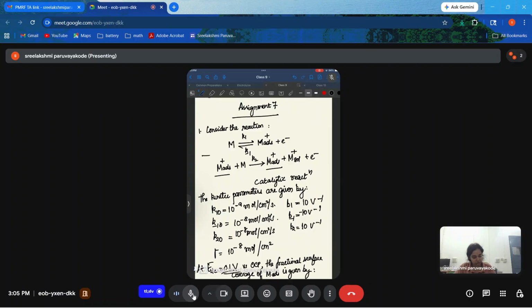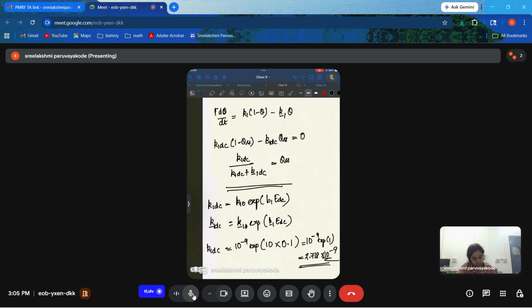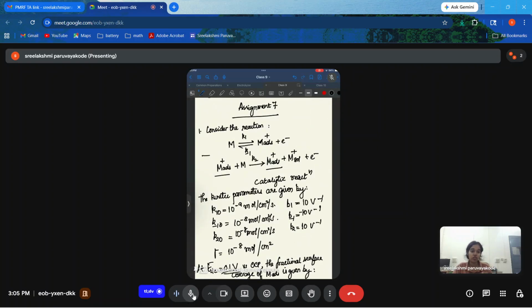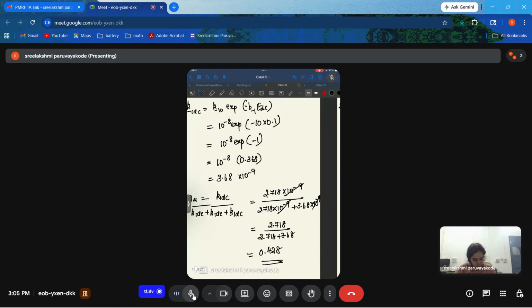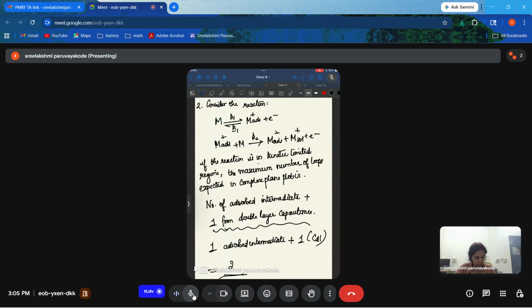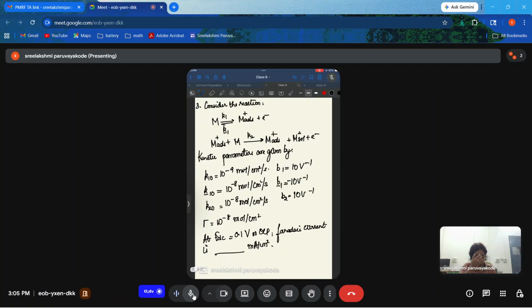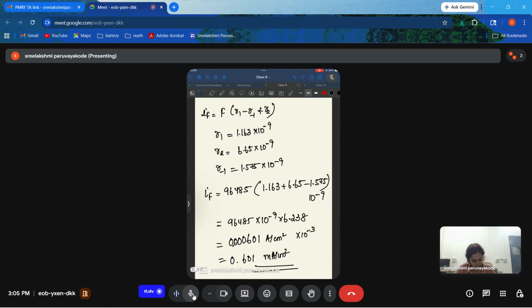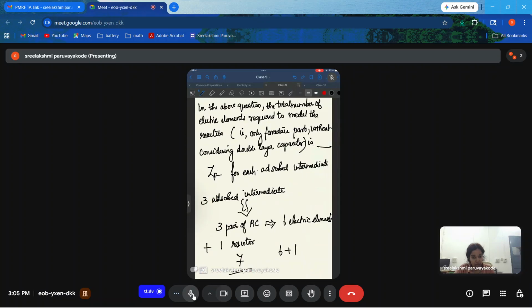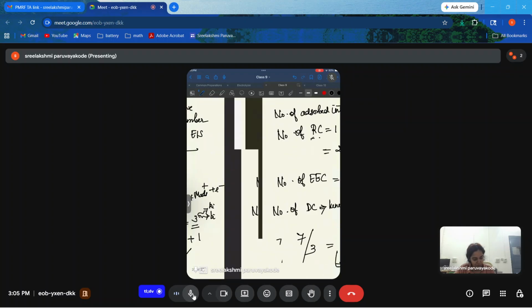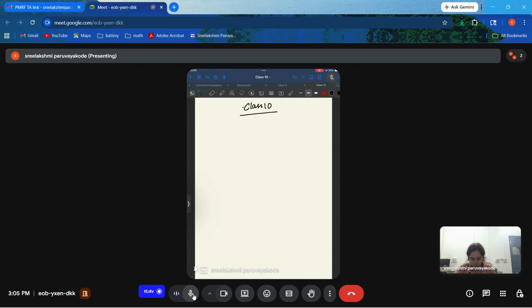So last week we were looking into assignment number 7, and in that we had questions based on the catalytic reaction. Catalytic reaction is where the adsorbed intermediate is not reacting to the product. In fact, it's not getting consumed in the reaction, it just stays. It is facilitating the formation of product. Based on that, we saw numerical problems, like how many loops will be coming, find out the rate of the reaction, the current from it, and how many DC potentials are required in order to model it. Such kind of questions we saw in the last class, right? So now we'll move on to